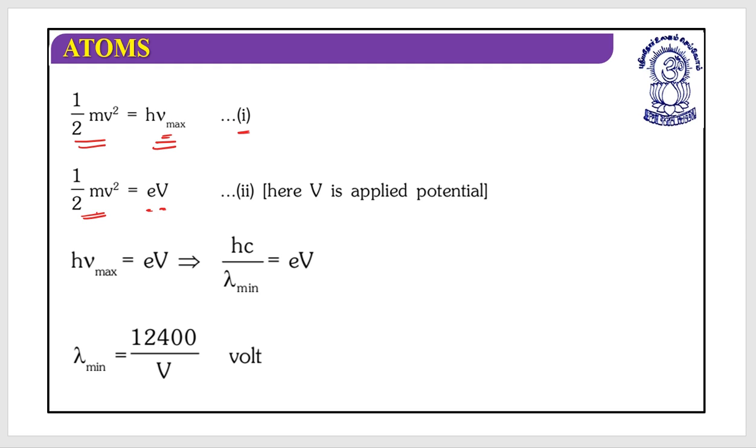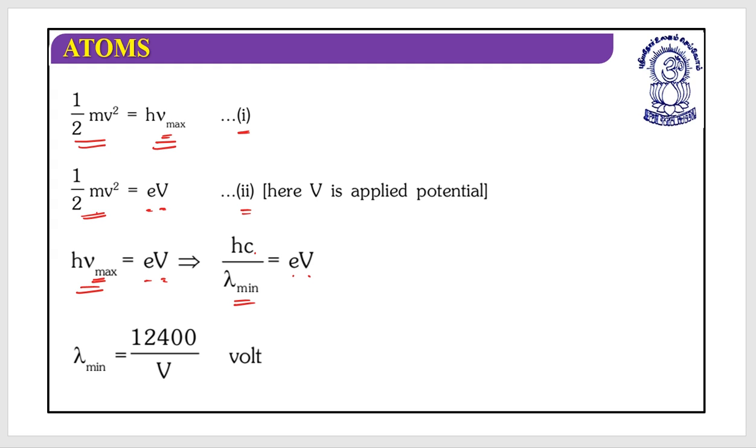If I equate the first and second, hf max is equal to eV. If the frequency is maximum, then lambda will be minimum. So hc by lambda minimum is equal to eV, and from this